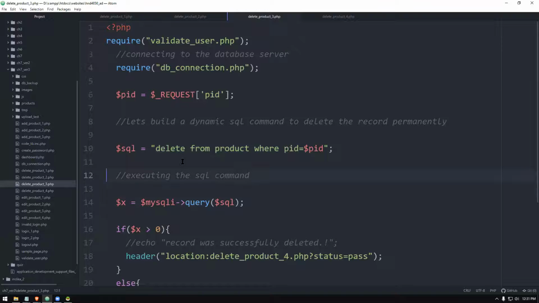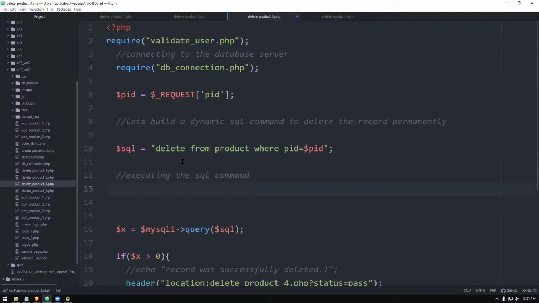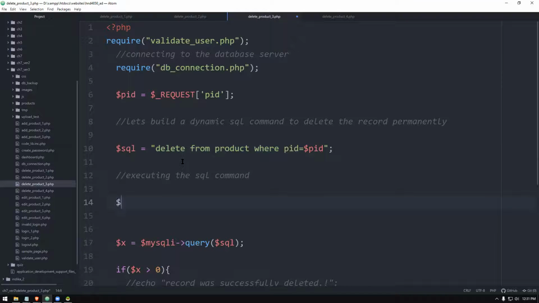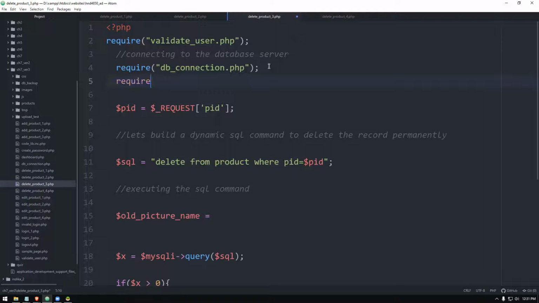Before I execute the SQL command, I will define a variable called old picture name and assign it a value. Now, we have to call that function from code library dot inc dot php.